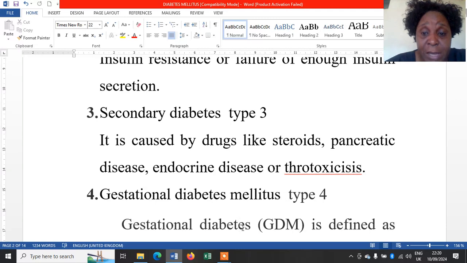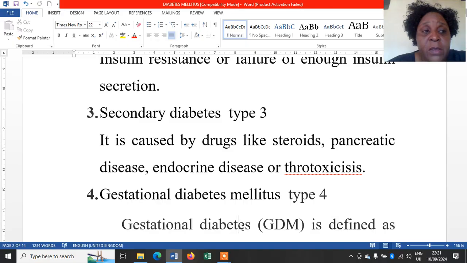things like the drugs. When we talk of steroids, basically we have the dexamethasone, we have the prednisolone. These are very dangerous drugs. And these days, it has been noted that people have irrationally used dexamethasone in treatment of upper respiratory tract infections. But one of its very dangerous side effects is the causing of diabetes or predisposition of this patient to